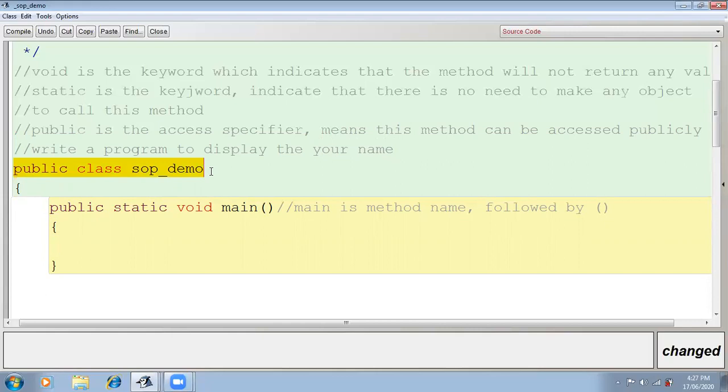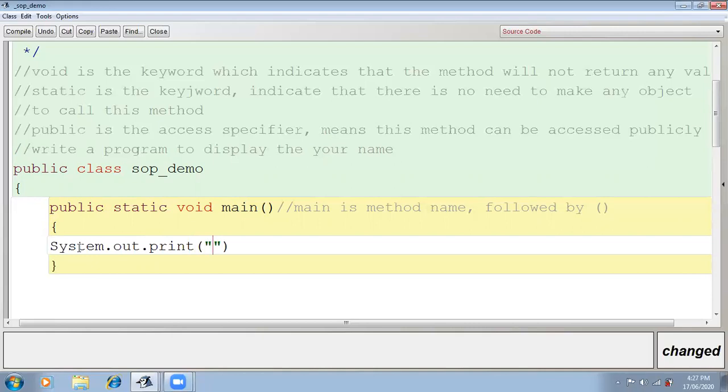First line: public class, whatever class name you want to give. Then public static void main. These two lines will be the same. Then System dot out dot println. Sorry, first of all print.